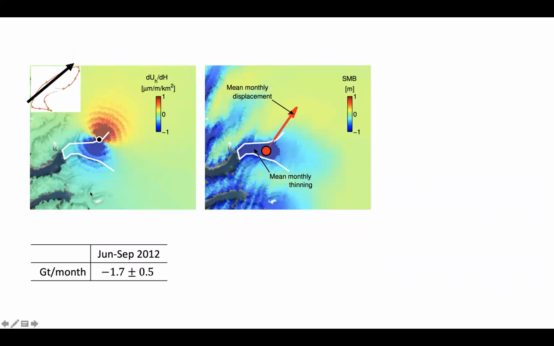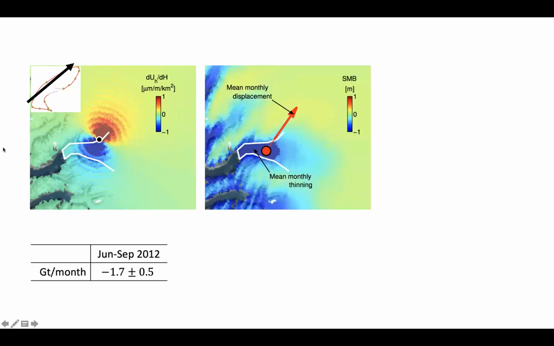And because this is the summertime, the extreme melt season, we're going to assume that all of the mass anomaly arises from the Greenland domain. One of the ways of explaining the data would be either there should be an excessive amount of accumulation here, or there should be an excessive amount of melting going on here. And this is summertime of 2012. So it is logical to assume that it was an excessive amount of melting that must have been inducing this amount of horizontal motion.